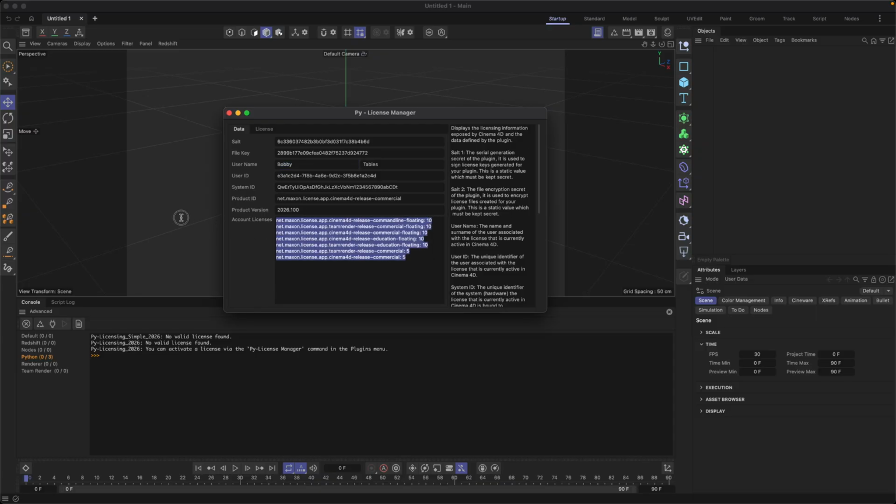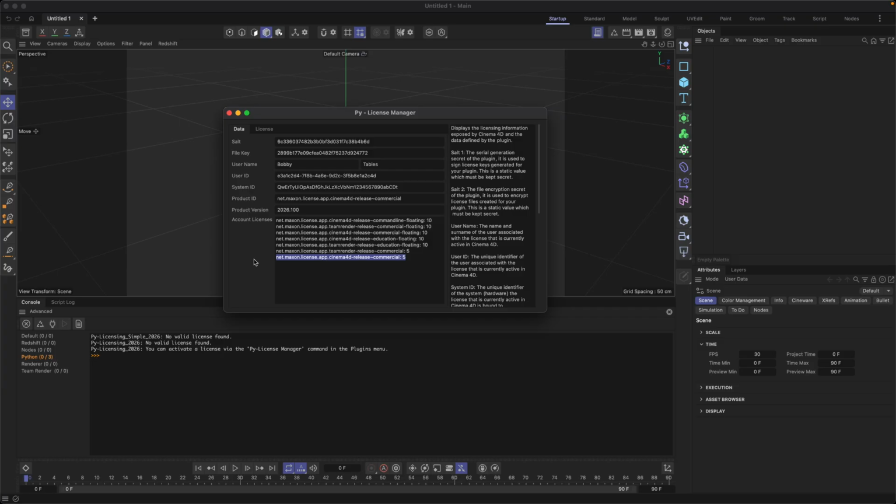Yeah, and the last entry is the account licenses, and these are the products and their number, which are in the id.maxon.net account, which is currently running this instance of Cinema 4D or the command line or whatever application the user is running your plugin under. And so here you can see what we already talked about. So this is product ID Cinema 4D commercial, and here we can see the user actually has 5 commercial licenses